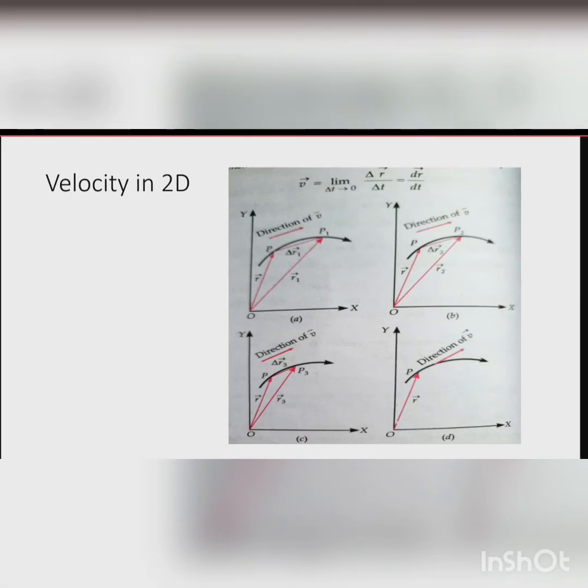Direction of velocity is the same as the direction of displacement of the object. So in this case, the velocity vector will have the same direction as the net displacement vector. Fine. Now if we keep on reducing the time, look at figure B, we have reduced the time. In figure C, again, we have still reduced the time. So if we look at the figures closely, if we keep on reducing the time,